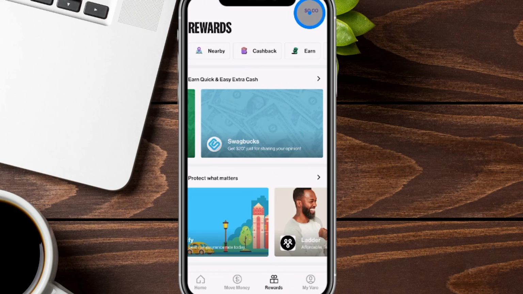how much you've earned. And then that money will be available shortly afterwards in your actual Varo account. So you can utilize it with your debit card. You can send that money to other people, or you can withdraw it to your other personal bank account you